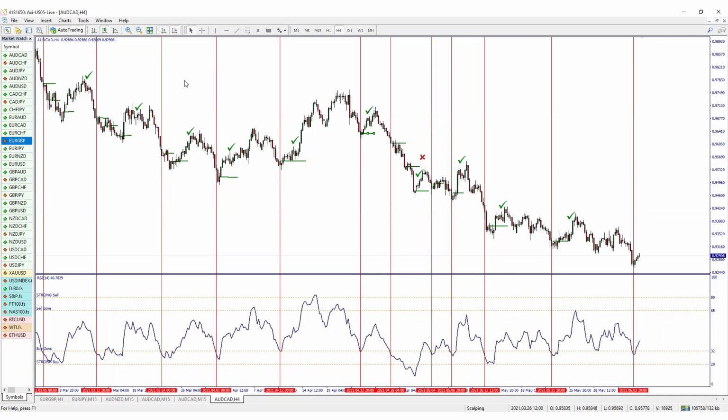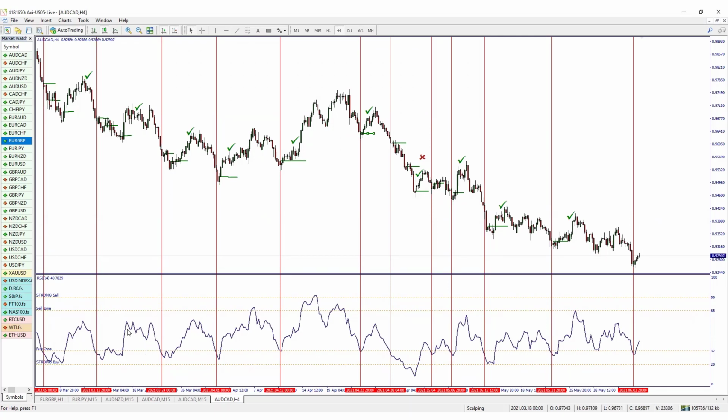So most oscillators you see out there, like the stochastics, the CCI, there's loads of different oscillators out there. But most of them you will find will follow price very religiously and very accurately. But the thing I like about the RSI is that the RSI accelerates more as you get bigger price movements,